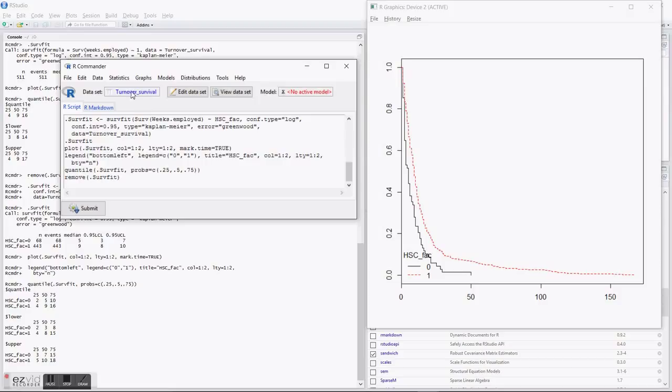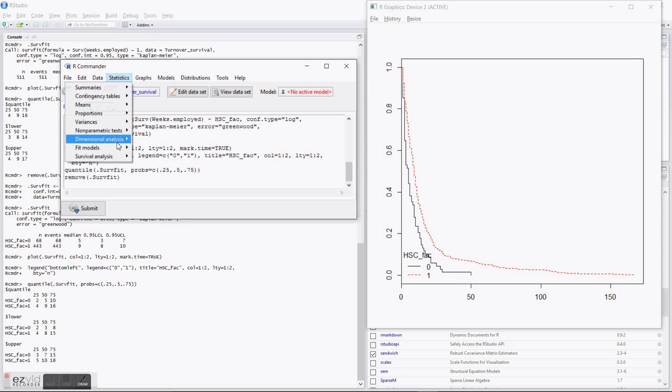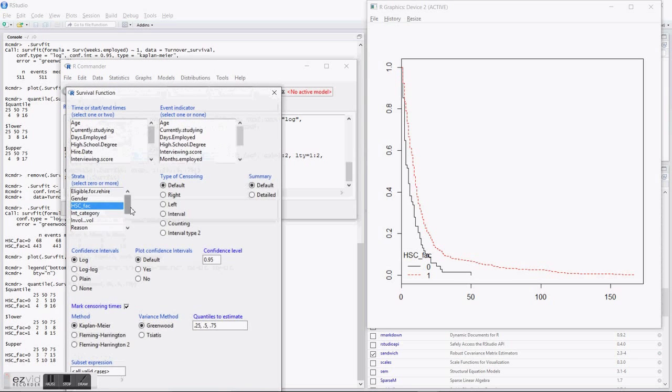Now let's do the analysis again, but with a different variable. Let's go to statistics, survival analysis, estimate survival function, and now let's see if there's a difference if people are currently studying. So we select that variable, we hit OK,